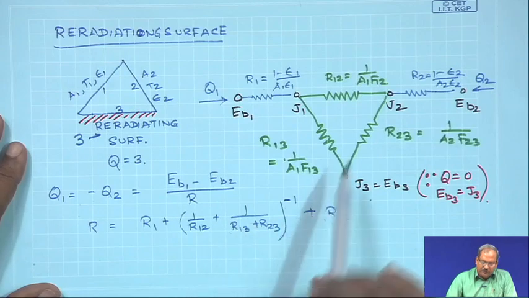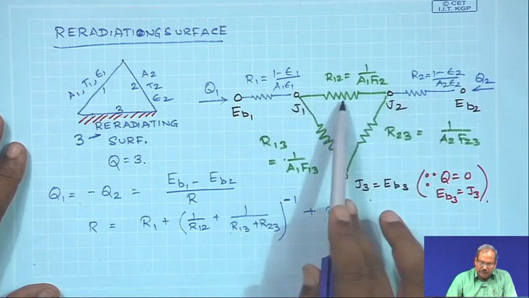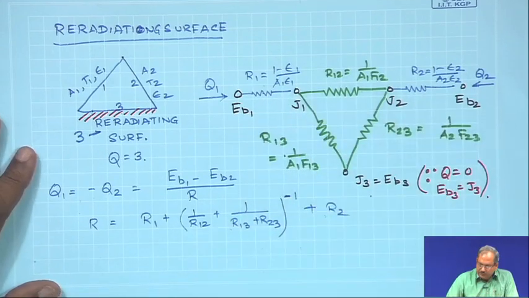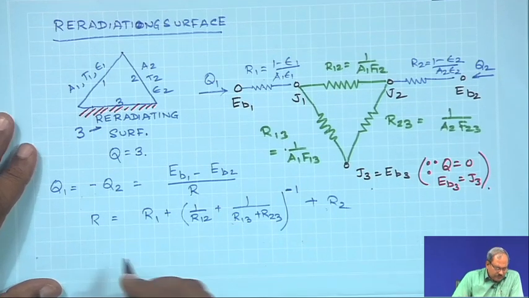So, this is the equivalent resistance of the entire resistive network, and when you take it further,